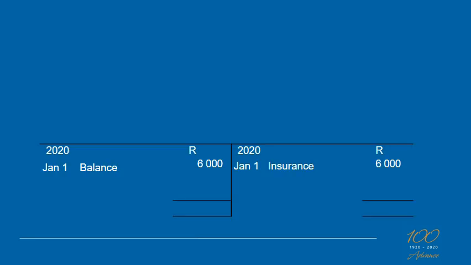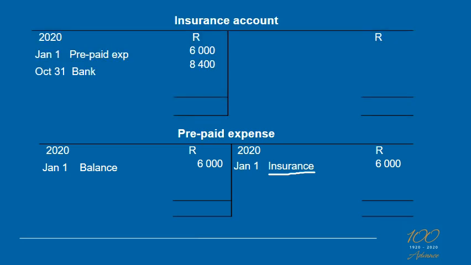I started off with a prepaid expense asset on the debit side. Now I'm reversing it out. So I'm going to credit the asset and I'm going to transfer that back into the insurance account on the debit side, so that when I make the payment on the 31st of October